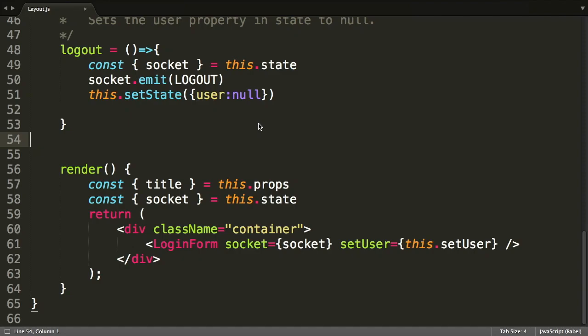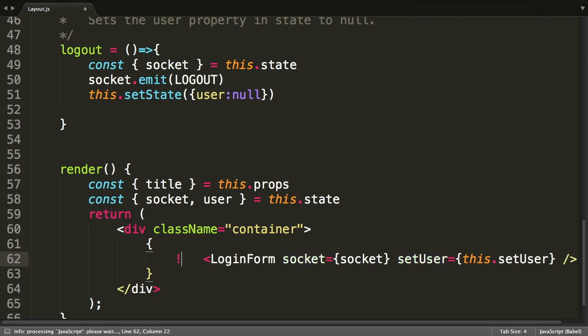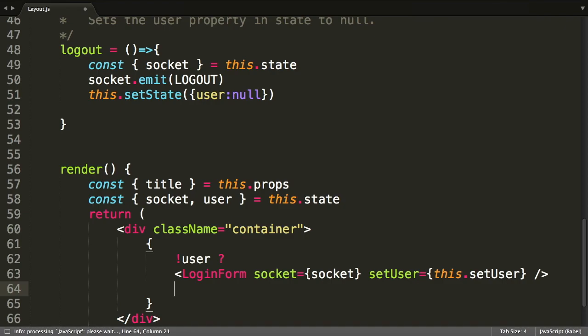All right, so now that we have our login done, let's go ahead and do the actual messaging parts of the application. Let's go right here inside of our layout.js render method. We are going to get the user from our state that we set at the beginning, and we are going to put some JSX down here, and this JSX is going to say if there's not a user, if the user is null, we're going to put the login form on the DOM,